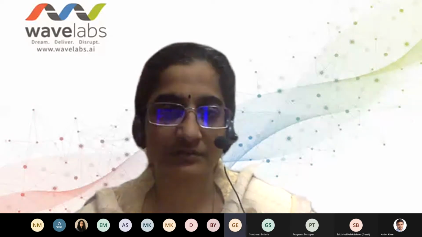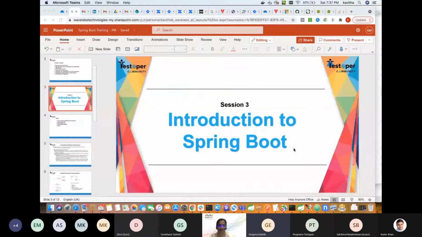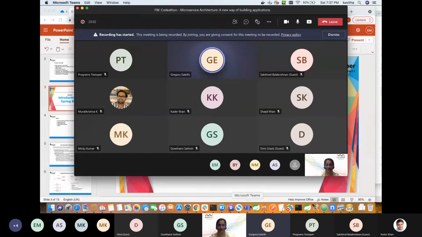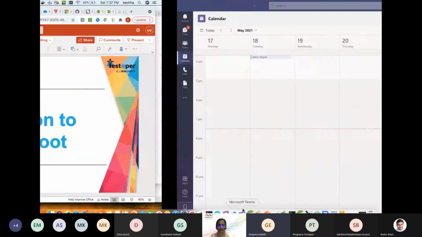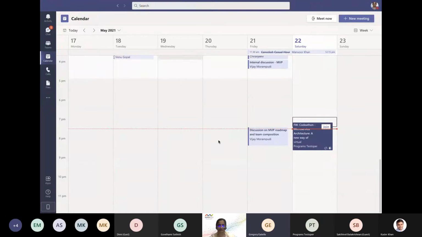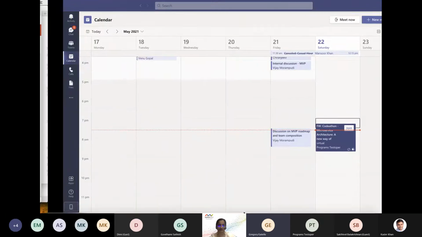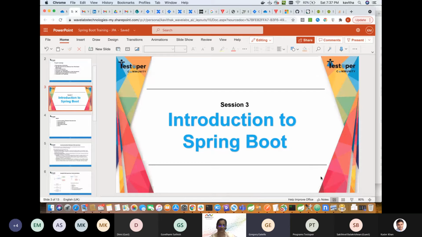I don't have a question, but just like a side comment. Maybe at the end of the session, maybe not today, maybe you can put it in your plans. If you could show us the full microservice application where you integrate different pieces together.